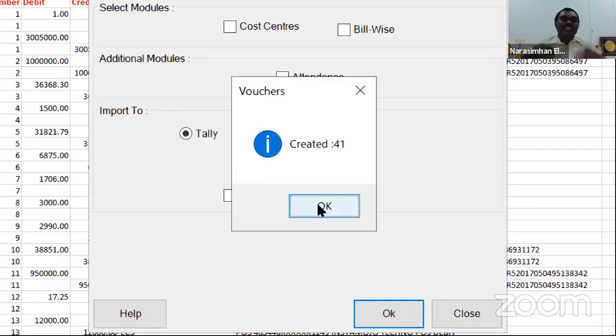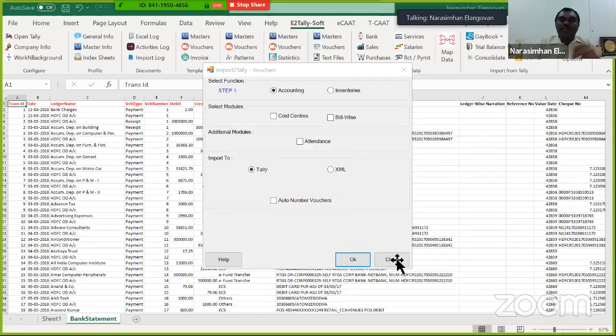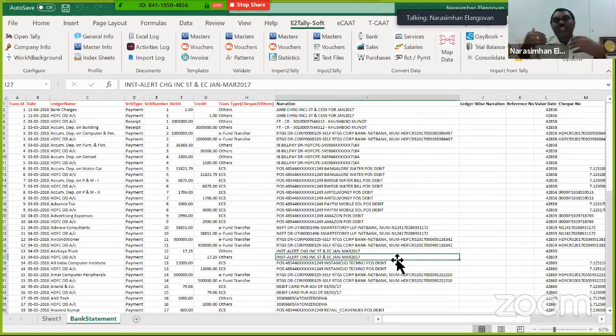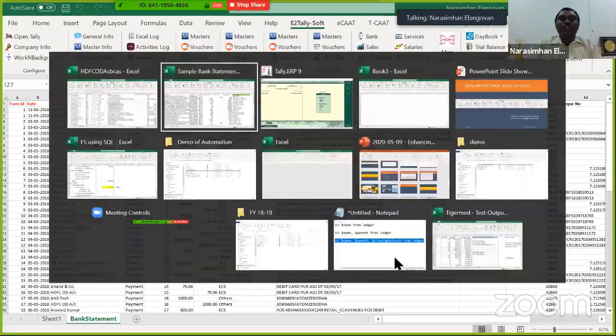So basically this entire process, my dear friend, how much time did it take? This is 41 because I showed you only 41 vouchers in this particular bank statement. Even if it has 5,000 transactions, normally in a span of 5 to 10 minutes, it's able to complete. Now, assuming you are not able to figure out certain line items, and we know what we normally do, we just choose suspense account and go ahead. So this is one such case of how you are able to bring in automation.